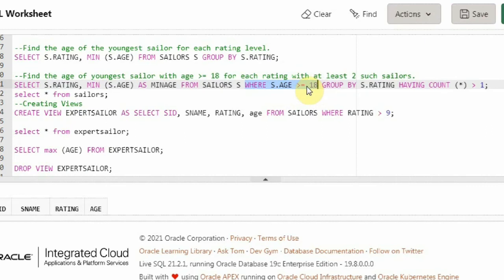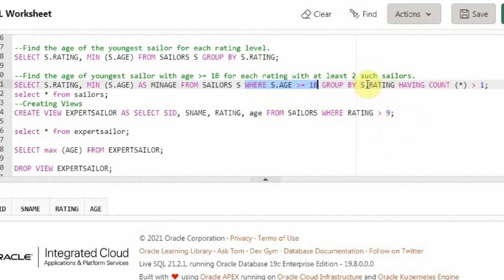As I told you five minutes earlier about the difference between where and having, where is applied on the entire table. So Zorba's tuple will be removed from the table. After that I am saying group by rating. So it will group by rating.